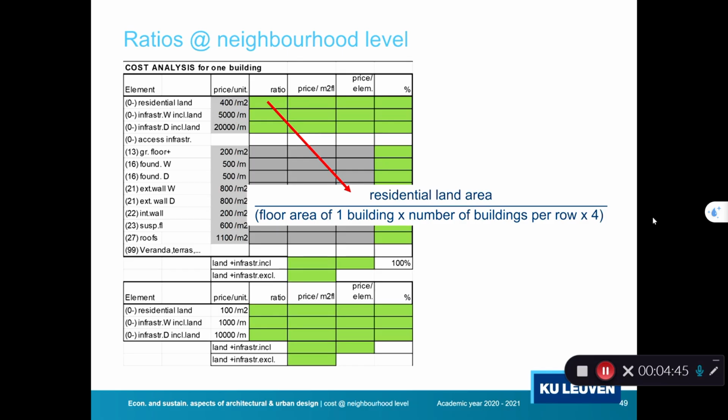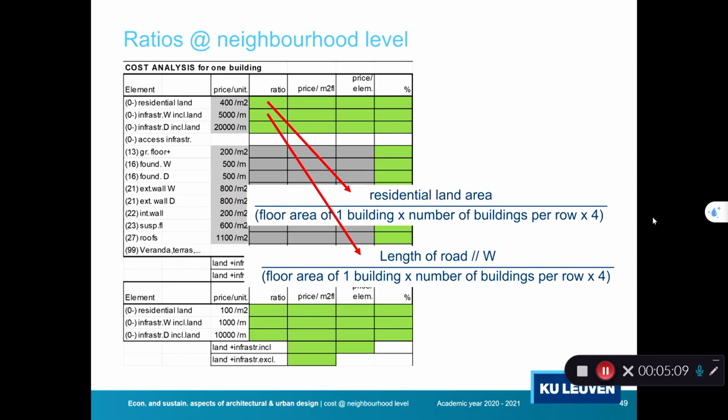So by doing that, we know how much land we need to buy to build this whole area, this whole neighborhood, and we divide it, we attribute it, we allocate it to the different buildings, more specifically to the floor area in each building. So per square meter floor area in the building, we need an amount of land. The same for the second one, but so it's the same